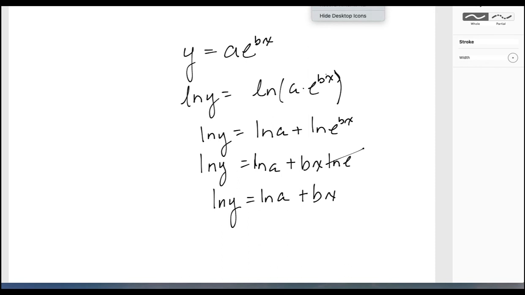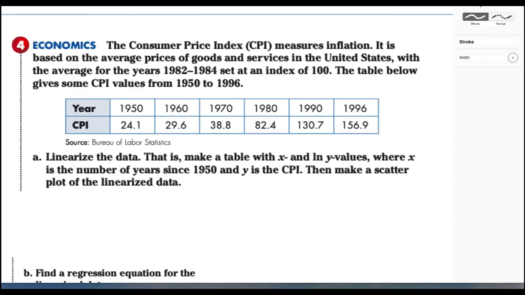So let's get back to our problem here to see if we can utilize that concept. So the Consumer Price Index, CPI, measures inflation. It is based on the average prices of goods and services in the United States, with the average for years 1982 to 1984 set an index of 100. The table below gives some CPI values from 1950 to 1996. So we've got our chart. We're going to plug it into